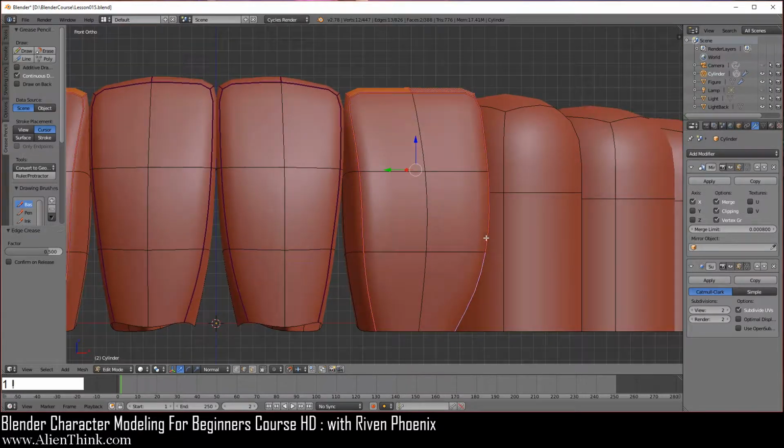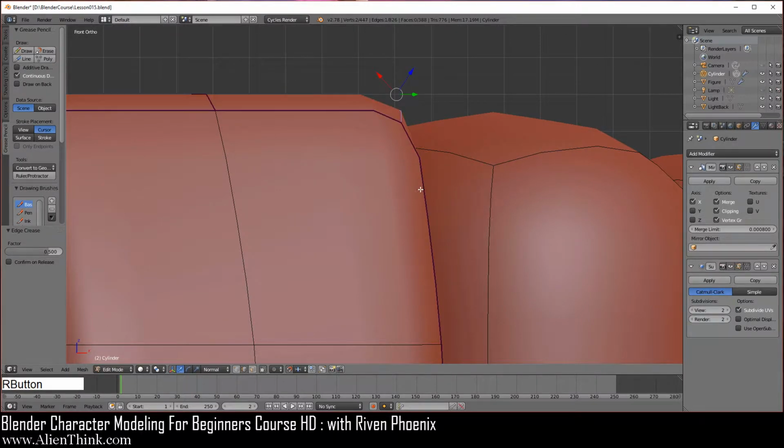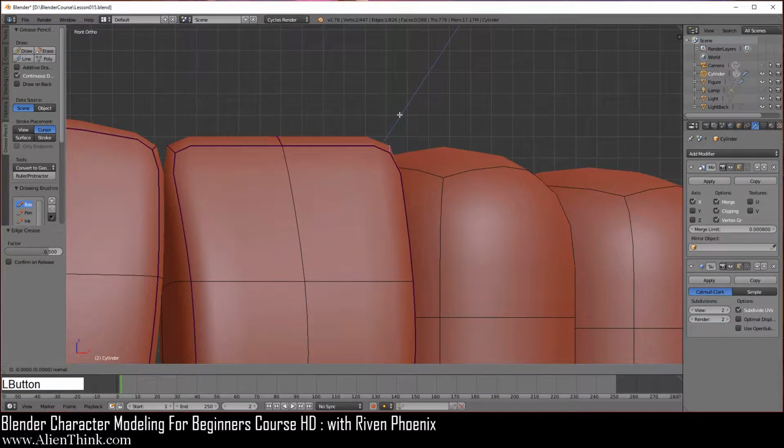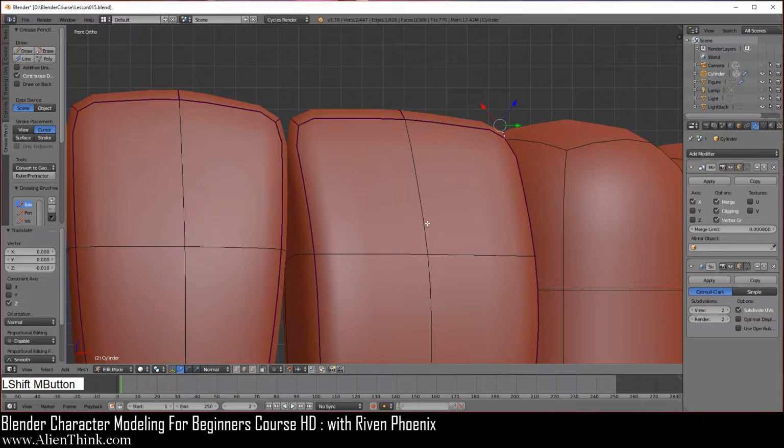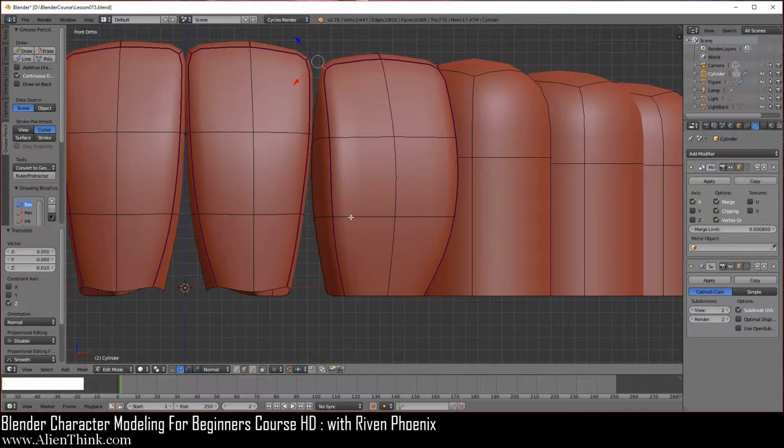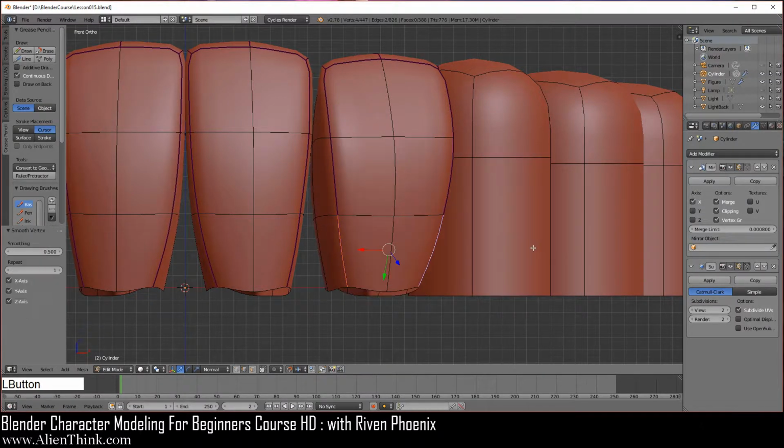Now do the 1 key to go into your front view. So what we're going to do is actually come over here and click on this edge. We're just going to click on this blue arrow and bring it in one time over here. Click on this guy over here and bring it in one time over here. Now you're going to click on this one, shift key on this one. Just going to do W and then smooth one time.